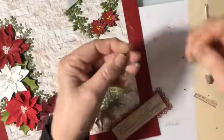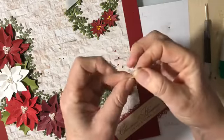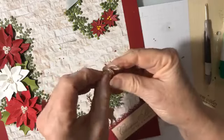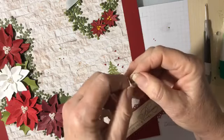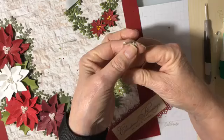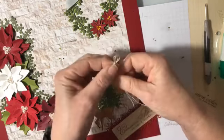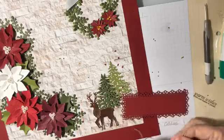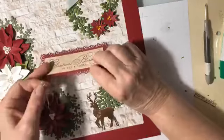is I want to take these 2 pieces of cord and I want to tie a loop in the top. So I'm just going to tie, this is brave doing this on camera and not having done it already. This is crazy, actually. Okay, so I just want to tie a loop in the top here. So it looks like it's hanging. It's got a little loop. And then I'm going to take the 2 ends and I'm going to attach them to the back of here so that they look like they are tied. So what I need to do though is figure all this out, because